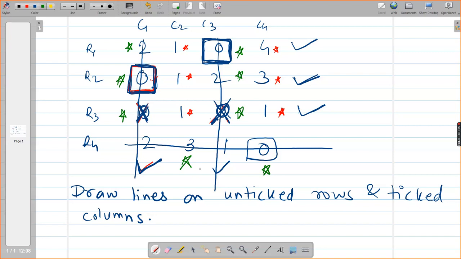Yes, ma'am. And third thing is, there are some elements which are at the intersection of two lines. Which elements are there which are at the intersection of two lines? Do you see this 2 and this 1? These are meeting at the intersection of line, right? So in that element, you add this smallest entry, 1. Am I audible?